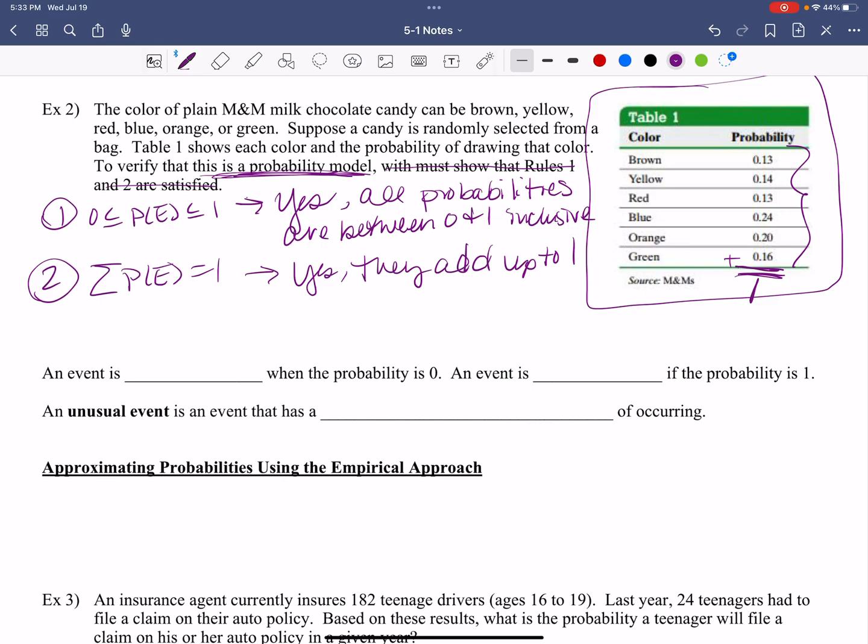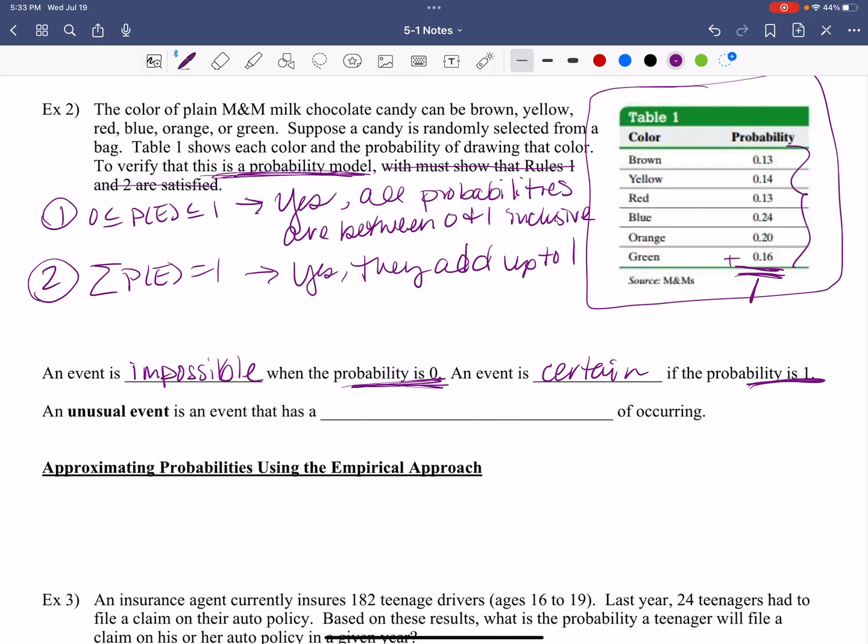Let's actually give those names. An event is called impossible if the probability is 0, because if you have a probability of 0, there is no chance that's happening. And it's given a word, and the word is impossible. All right? An event is certain if the probability is 1. That means it's 100%. There is nothing else that can happen. Nothing else is going on. You are completely guaranteed, that's the maximum you can have.